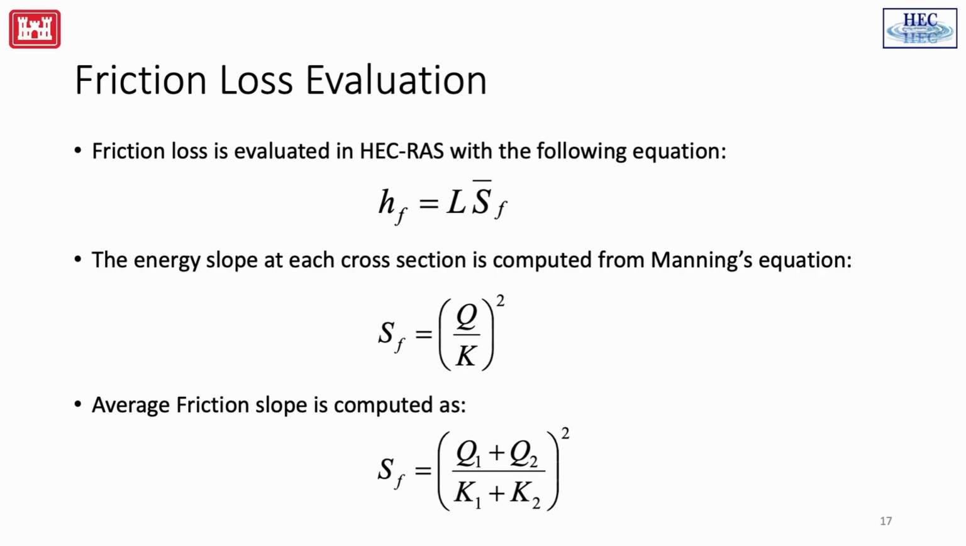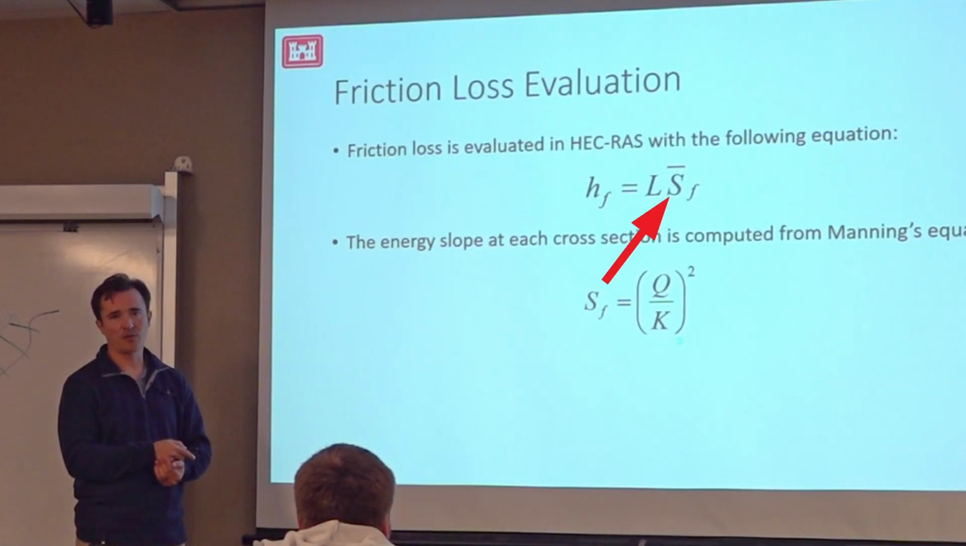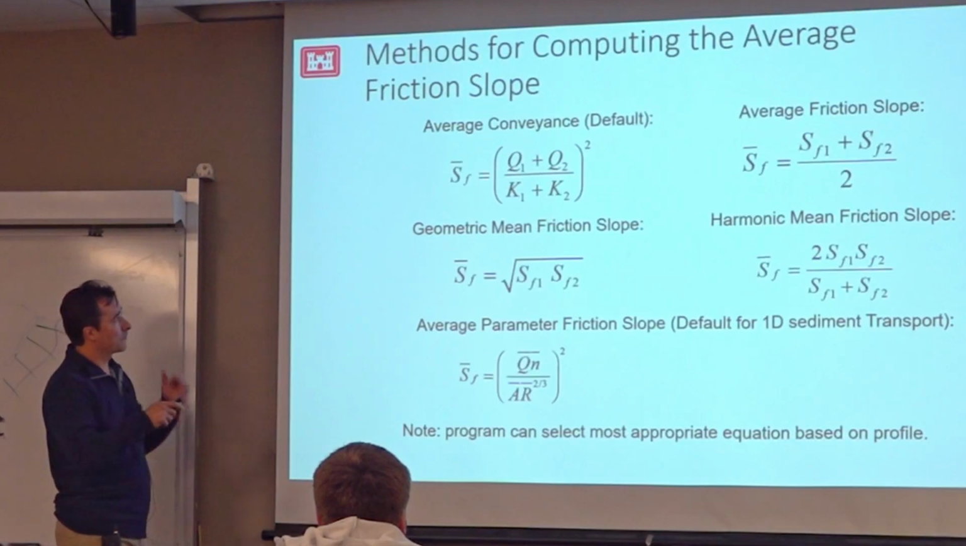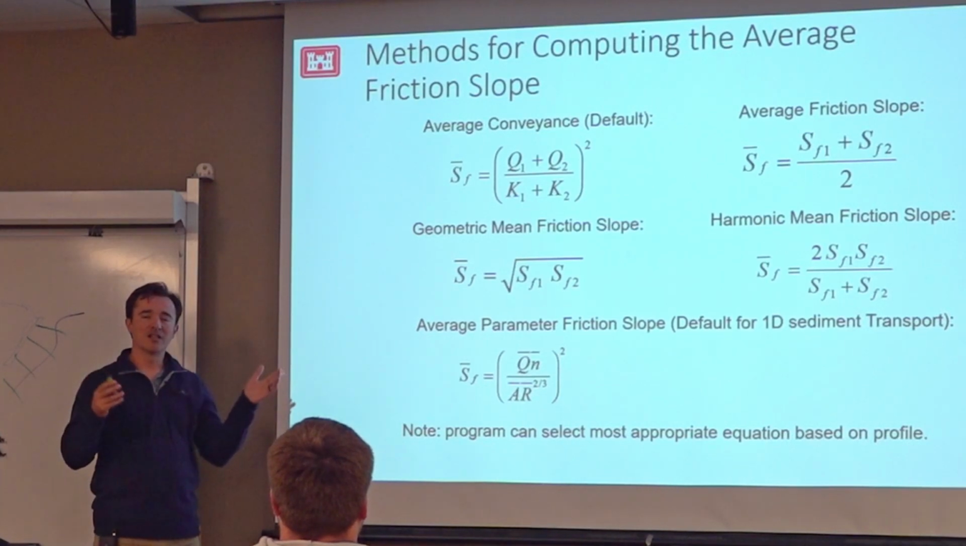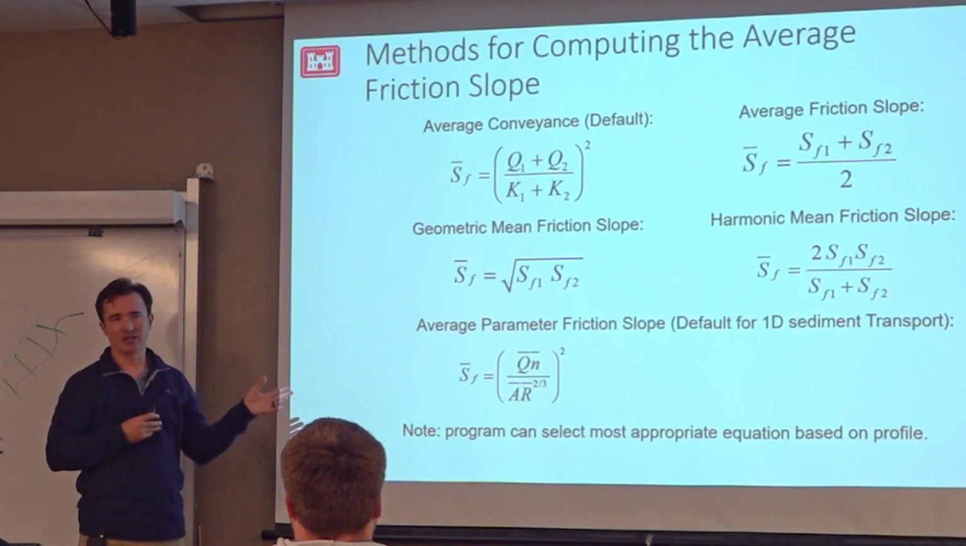So friction, I mentioned this, the friction losses here, the length and this friction slope. This is how the energy slope gets computed. K gets computed with Manning's equation. I showed that earlier. Friction slope, there's many ways of computing that friction slope because